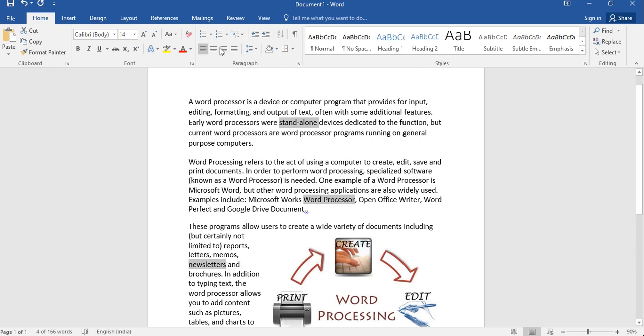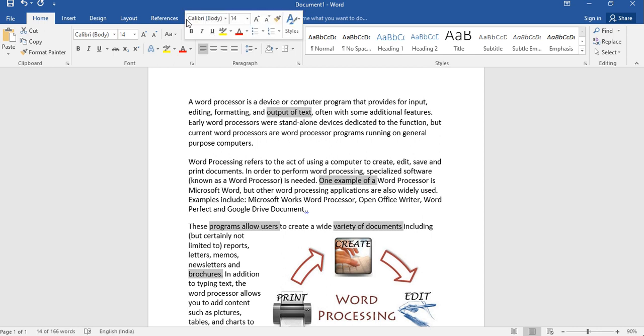How is it possible? We can do that by pressing the control key. Let's suppose I have selected the first piece of text, then I press the control key, then select the next word, and then the next word, and so on. So with the help of the control key, we can select non-consecutive text in the document.